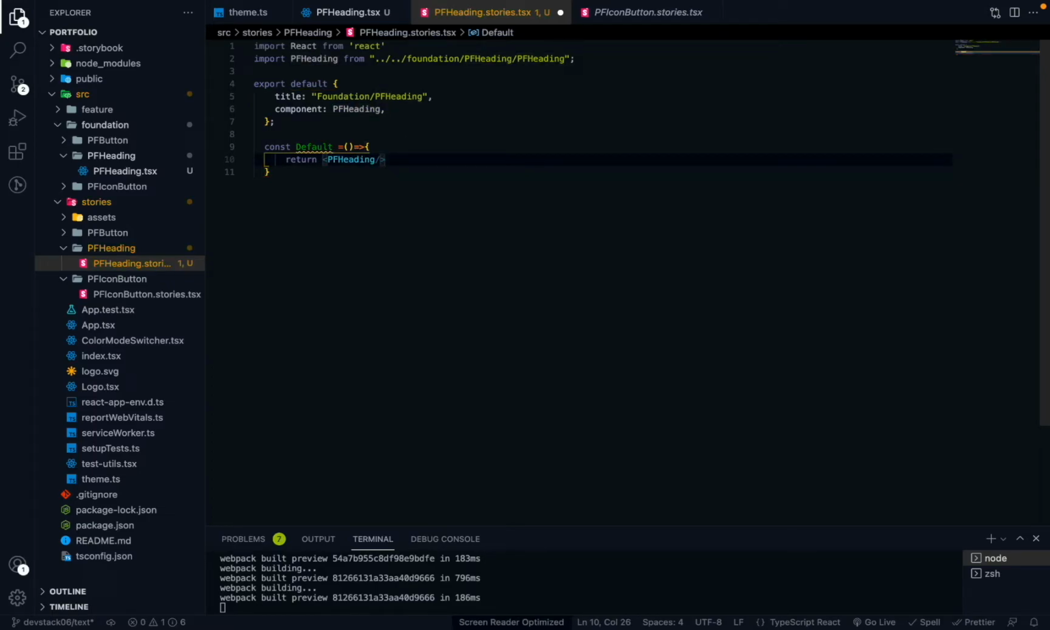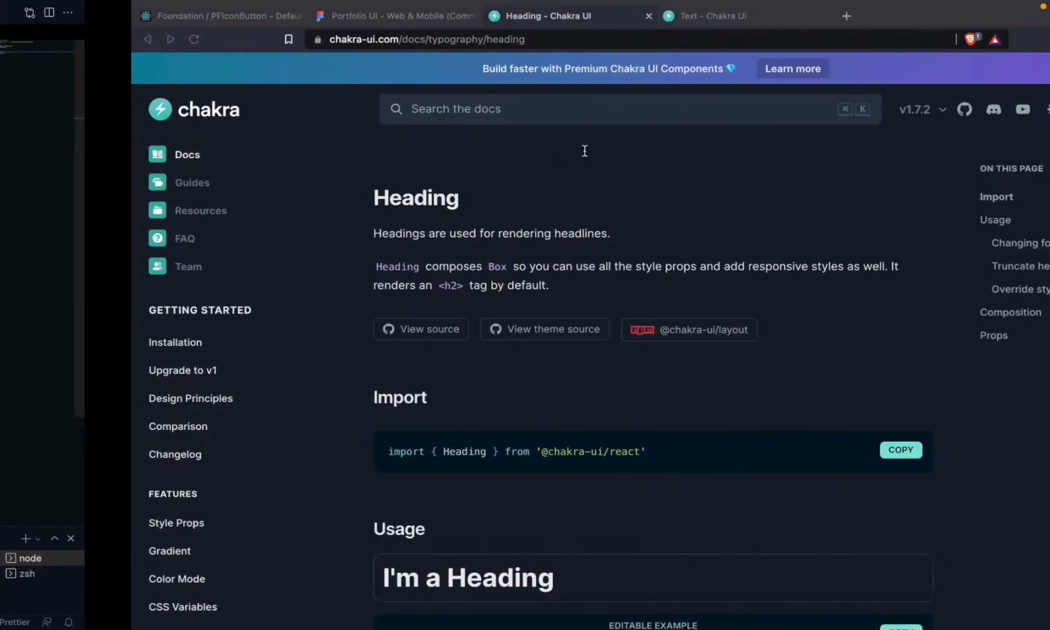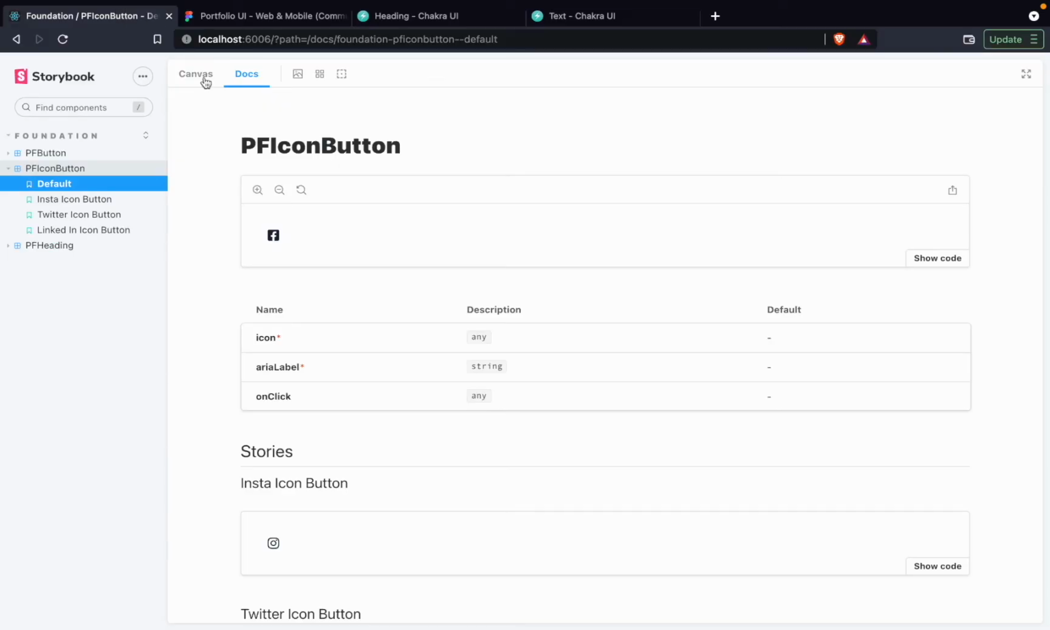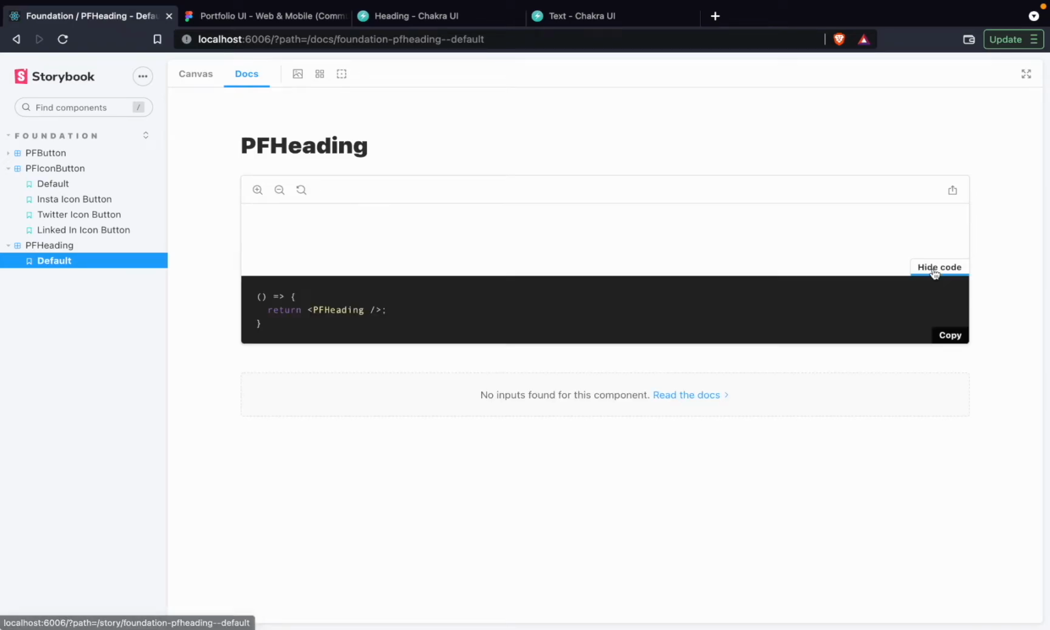Okay, nothing else. Let me hit the save and export constant, and let's go on a browser and let's go on a storybook which I'm running on a port 6006, and you will find that here a new tab is added, and inside the default, if you see the code, then